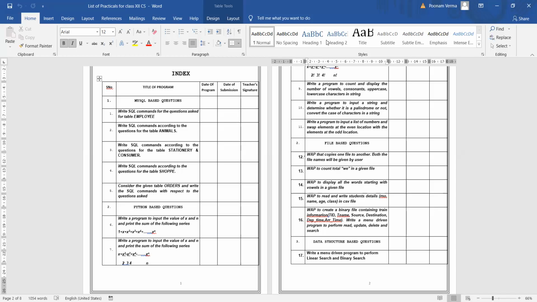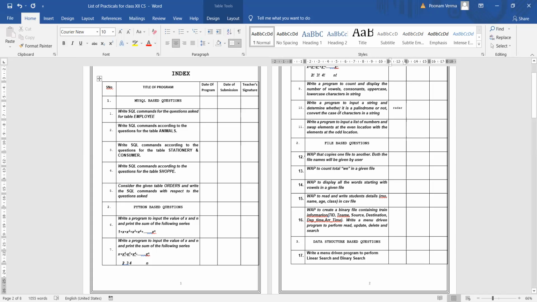Ma'am, here we have to do like this. If it is in capital, then we have to turn it into lowercase, and if it is lowercase, then we have to turn it into uppercase, right? See, the first question is that you have to check whether it is a palindrome or not. The meaning of palindrome is you have to check whether the reverse and the original are the same or not. For example, if I type radar, then the reverse of radar is also radar. So this is what is called a palindrome.